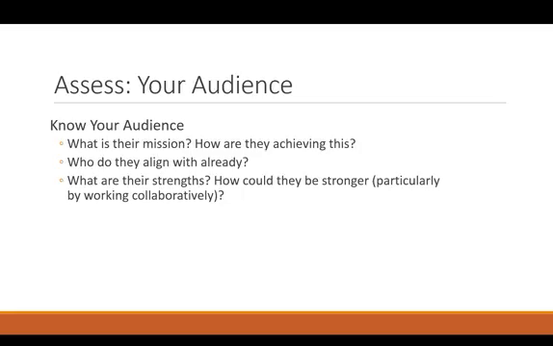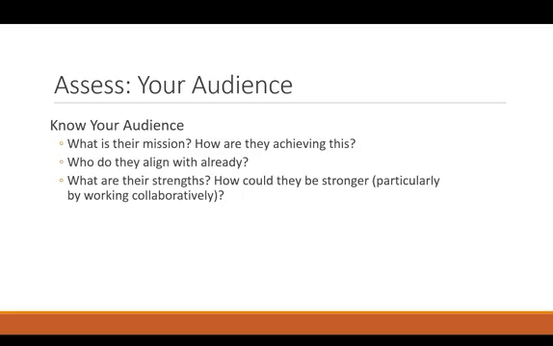So understanding who else is at their table is a good piece of information to know about your audience when you're setting the stage for dialogue. And then looking at their strengths. There must be a strength, otherwise, why would you want to partner with them? So what do they bring to the table? And then how could they be stronger, particularly by working collaboratively with you and other people or other sectors and